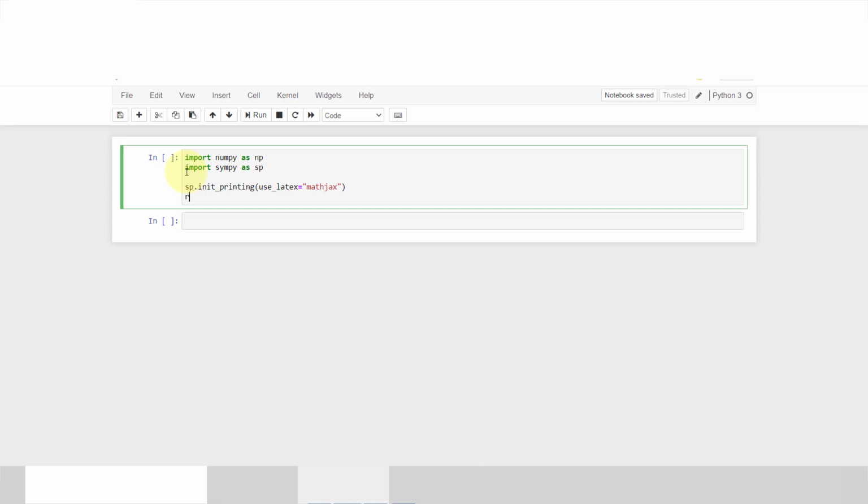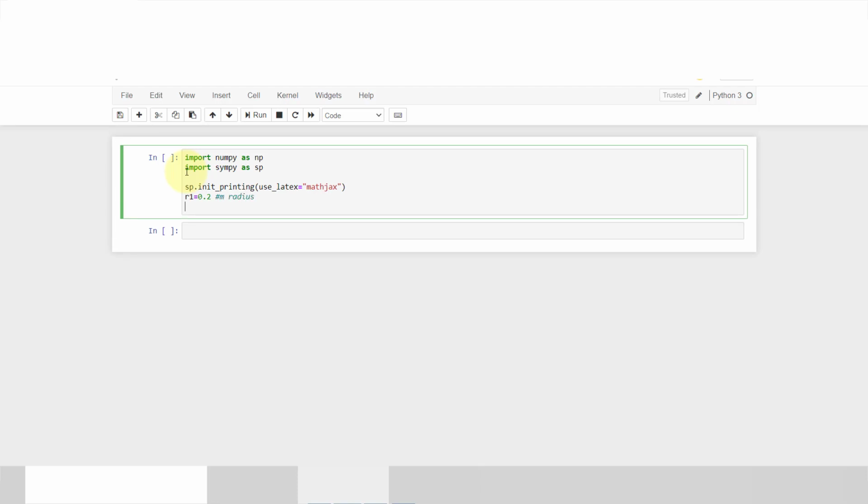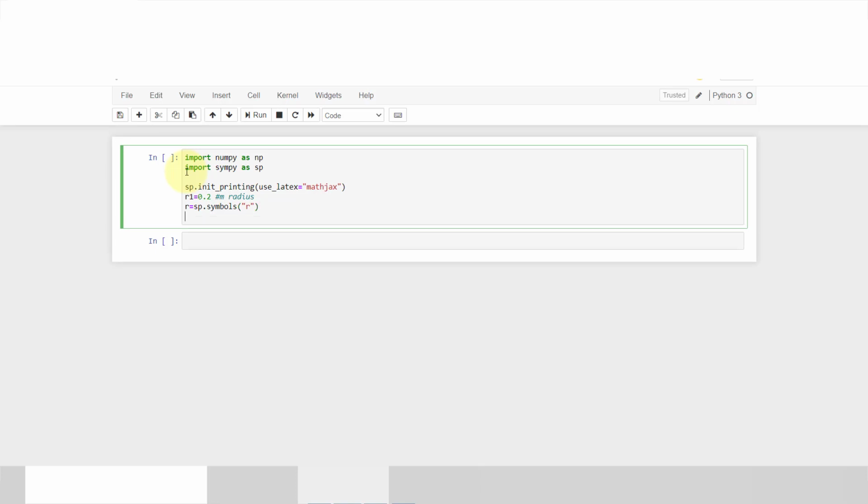I will first define our 0.2 radius, and now we will define our symbol. r is equal to sp.symbols('r'). It will define our symbol.